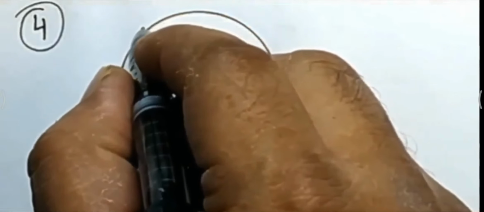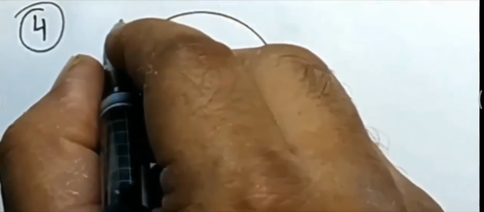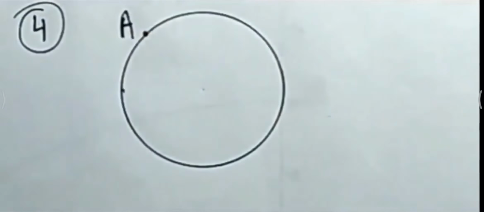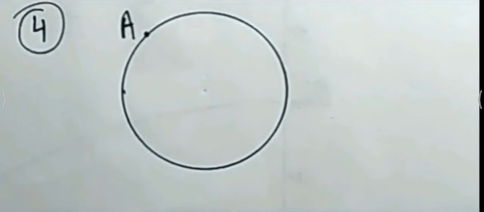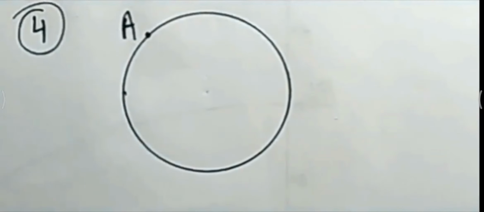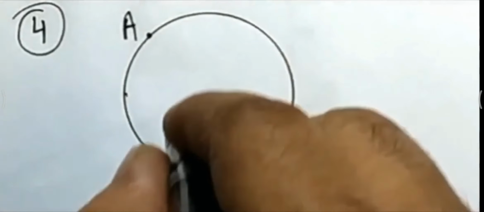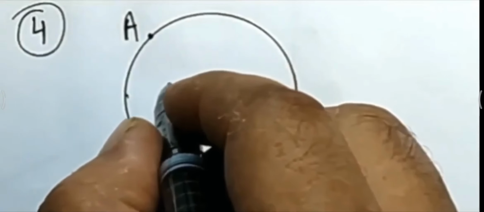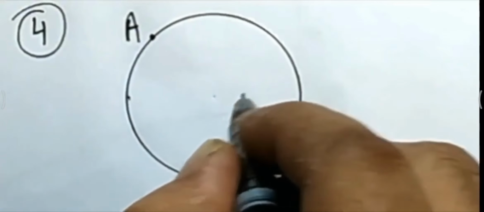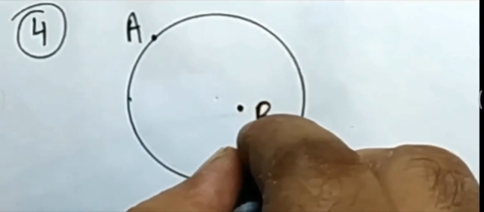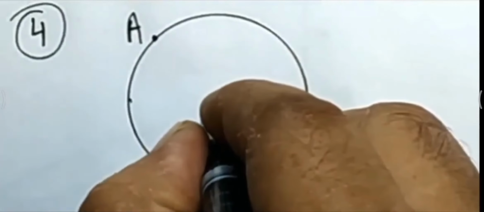Now this is question number 4. Draw a circle and mark points A, B, C such that. So first of all you will draw a circle with any radius you can take, because it is not mentioned. So I have drawn a circle. Now you are required to put A on the circle. Now you can see point A I have marked on the circle. Then point B is in the interior of the circle. Now you can see this is point B in the interior, meaning point B has to be made inside the circle.